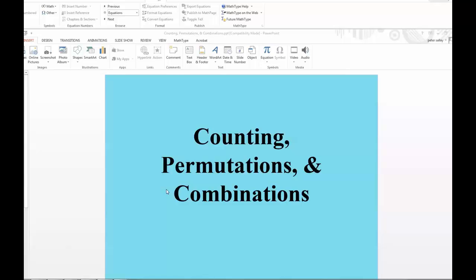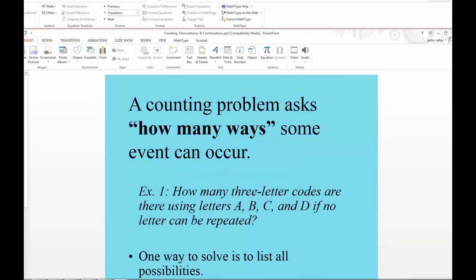All right, we're going to talk about ideas such as counting, permutations, and combinations. This is a little bit different than grade school counting on your finger type ideas. When we say counting, we're really talking about how many different ways can a particular event occur. One example would be if I have four letters, A, B, C, and D, how many different three-letter codes could